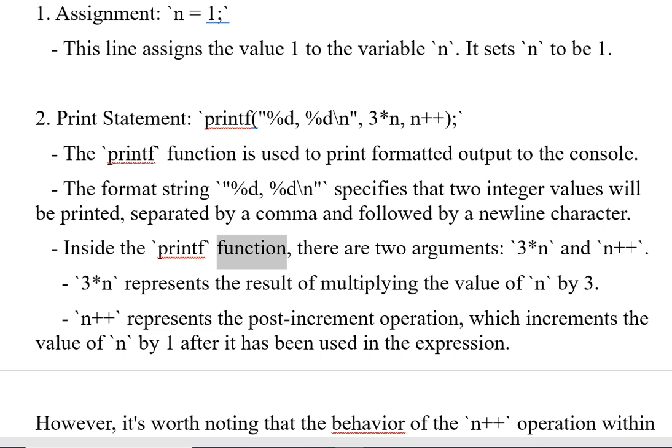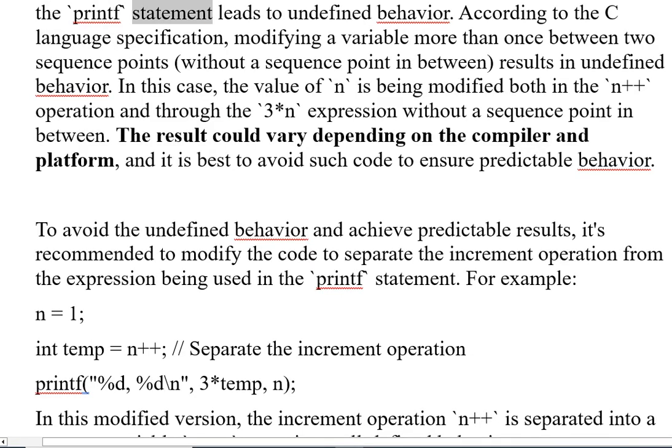Inside the printf function, there are two arguments, 3*n and n++. 3*n represents the result of multiplying the value of n by 3. n++ represents the post-increment operation, which increments the value of n by 1 after it has been used in the expression. However, it's worth noting that the behavior of the n++ operation within the printf statement leads to undefined behavior. According to the C language specification, modifying a variable more than once between two sequence points, without a sequence point in